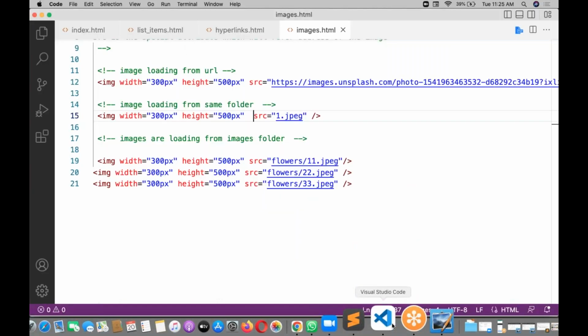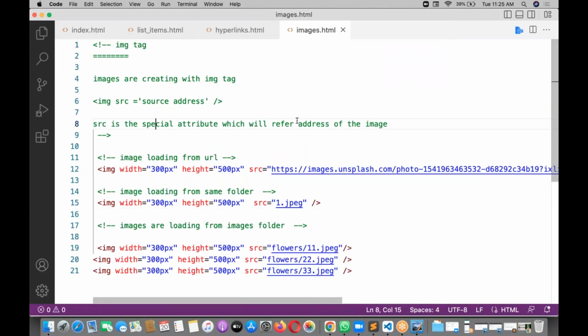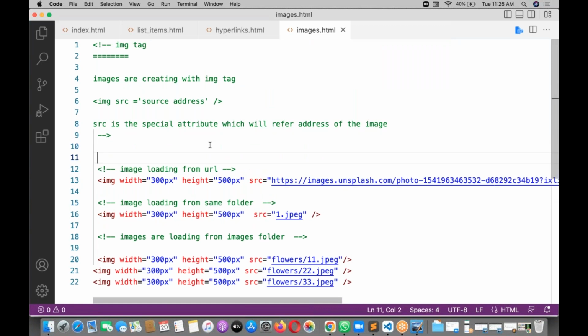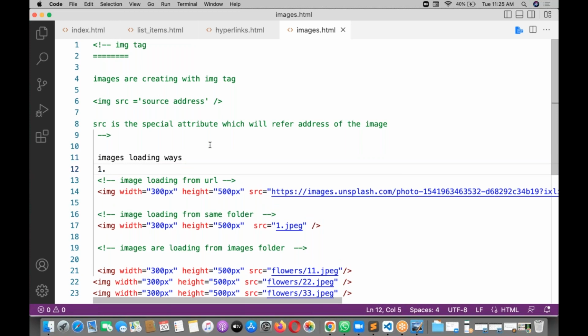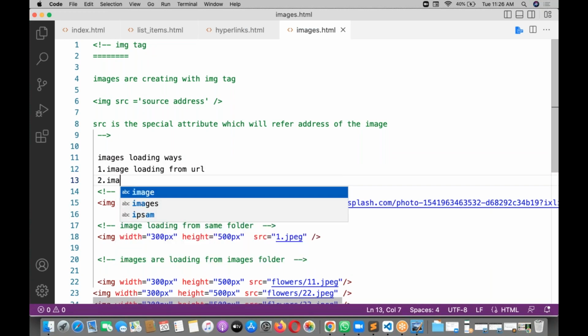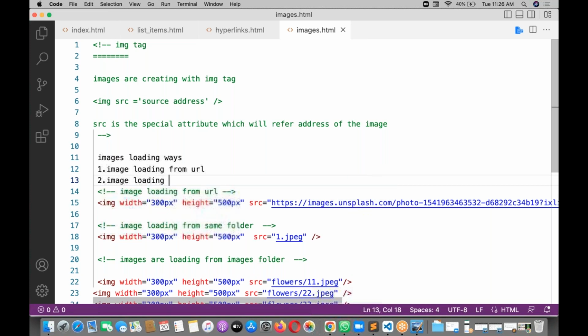I just want to write the theoretical part first. Images loading ways. What are the different ways? The first way is image loading from URL. The second way is image loading from same folder.